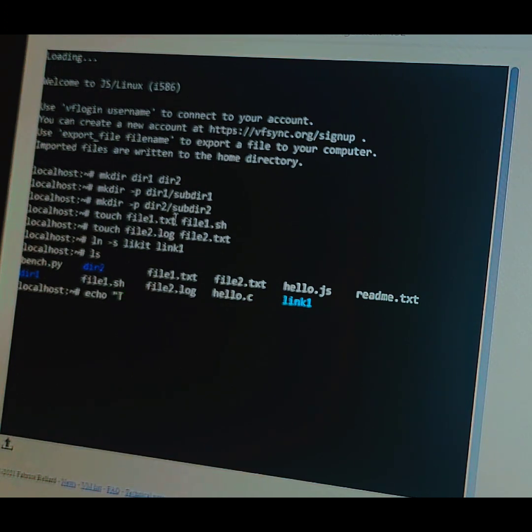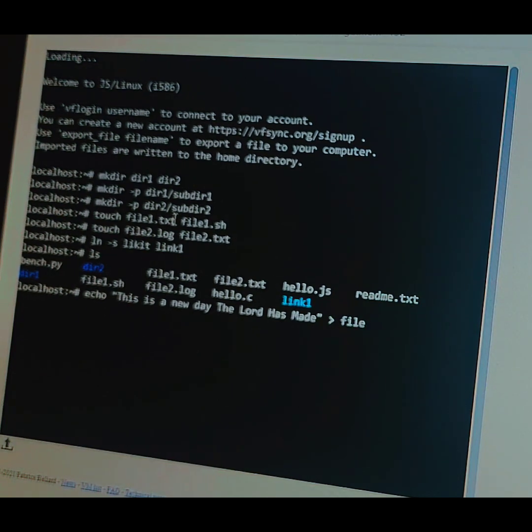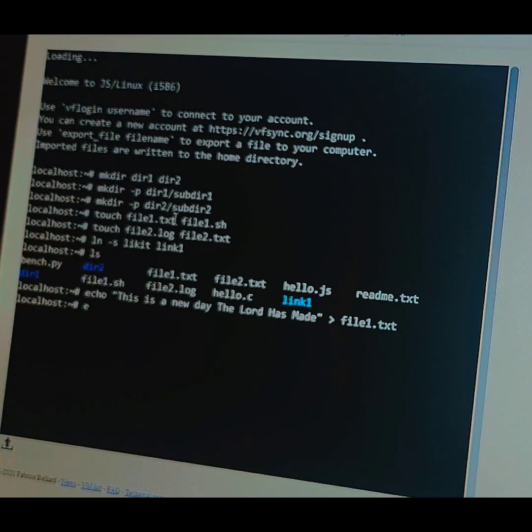Let's put a Bible quote. Again, this is a new day the Lord has made. Just like this. And we're gonna put that in the file 1.txt, and we're gonna echo something else just for a file in